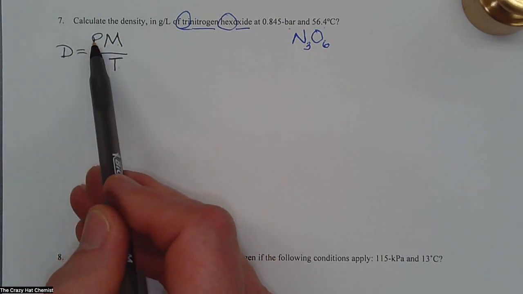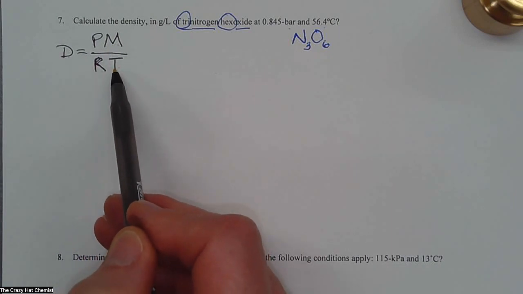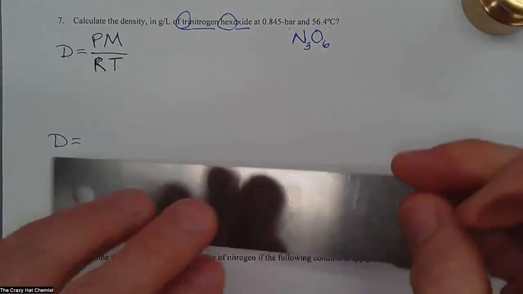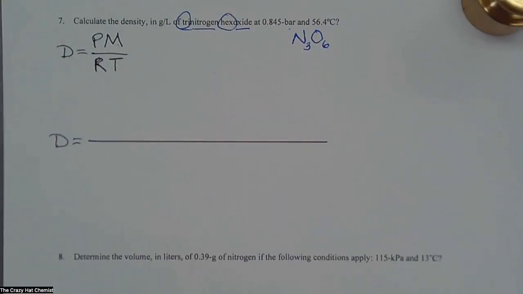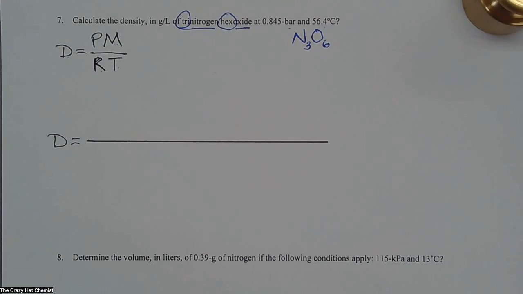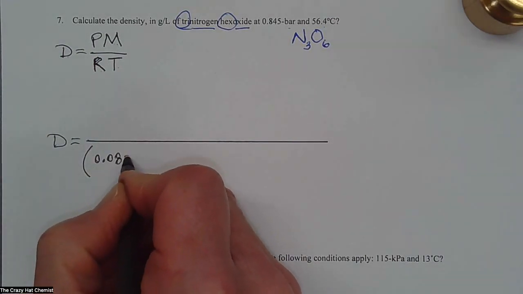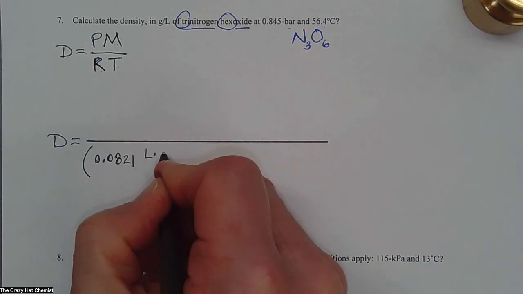This is density is equal to the pressure times the molar mass divided by the gas constant divided by the temperature. Okay, so what we're going to do is say density is equal to, and we're going to come up with what this is equal to. All right, so the first thing that we are going to do is we are going to plug in the value of R. The R is the gas constant, and that is 0.0821. And it has 4 units associated with it. Those units are liters, atmospheres,